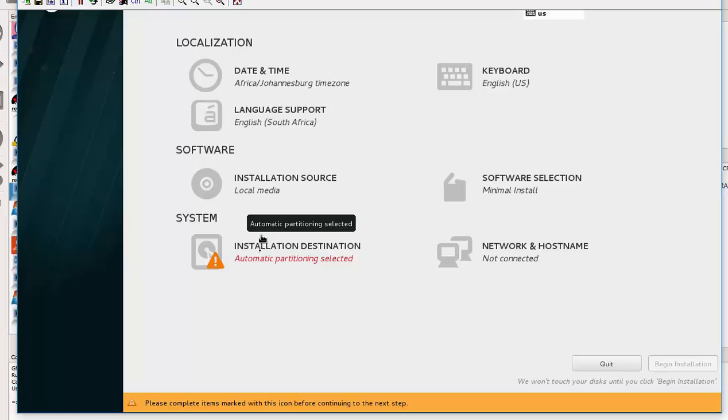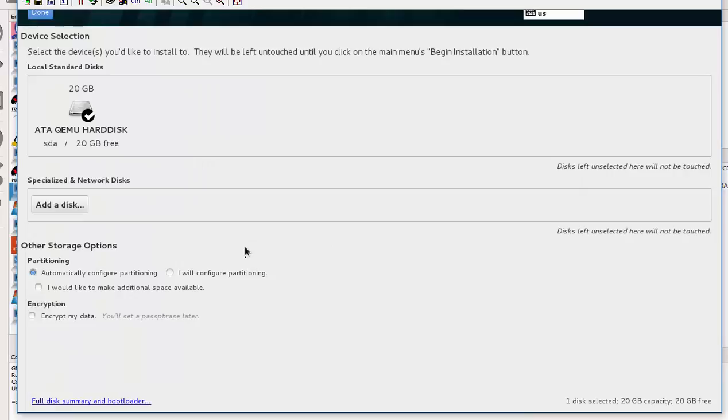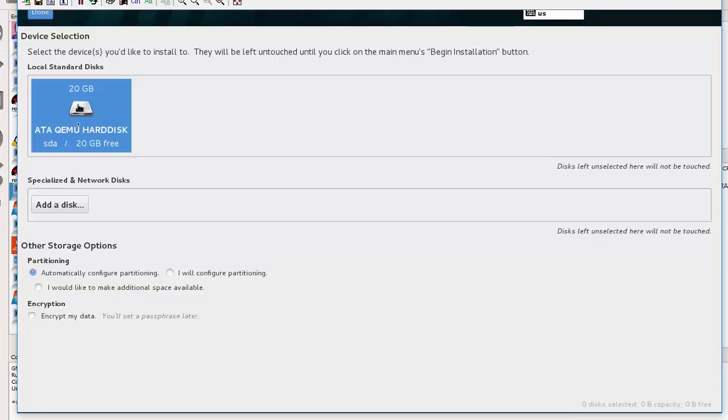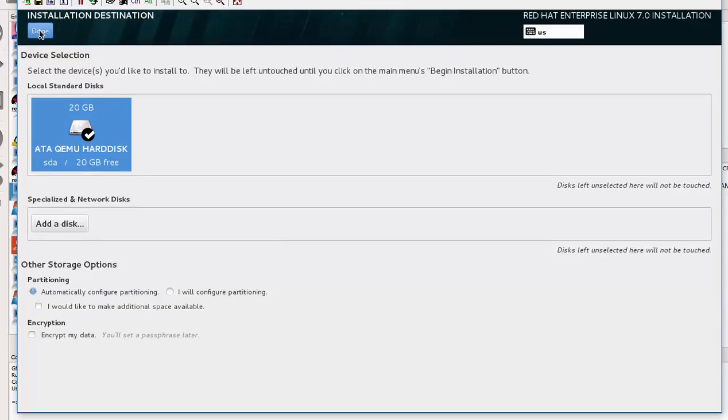From this point, you need to create your partitions, and as for the server, you don't need to do manual partitions. You can select automatic partitions. The manual partitions will be done when installing the client, so I just have to select, then scroll up here, click done,